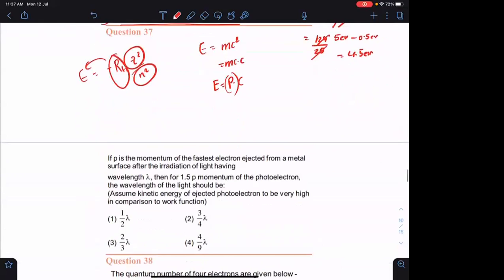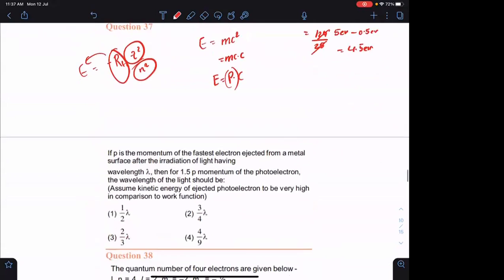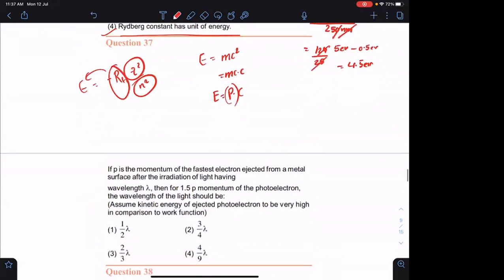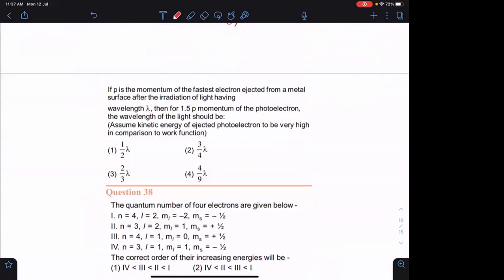Question number 37. If p is the momentum of the fastest electron ejected from a metal surface after irradiating it with wavelength lambda, then for 1.5 p momentum, the wavelength of the light used should be. They are giving the momentum of the ejected